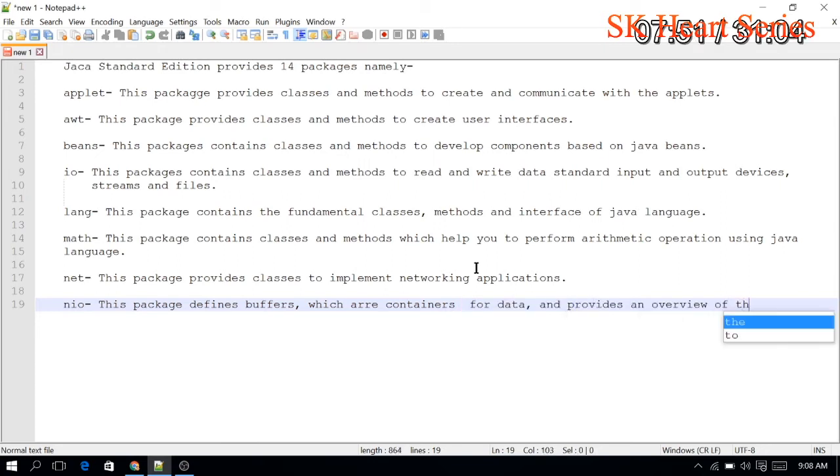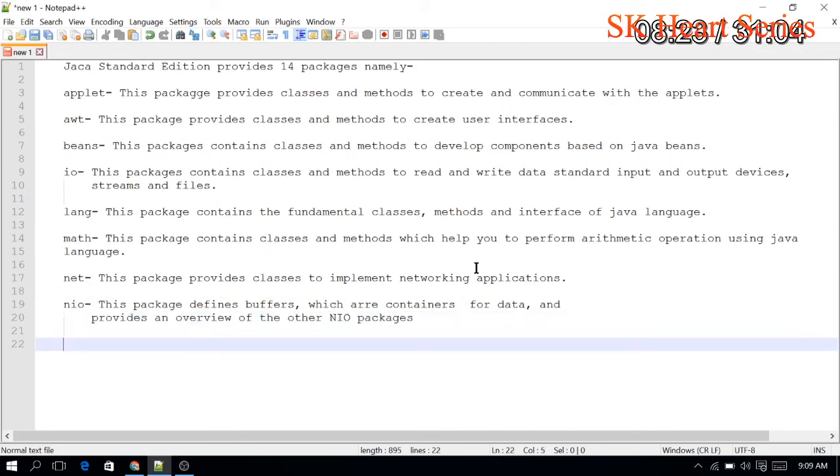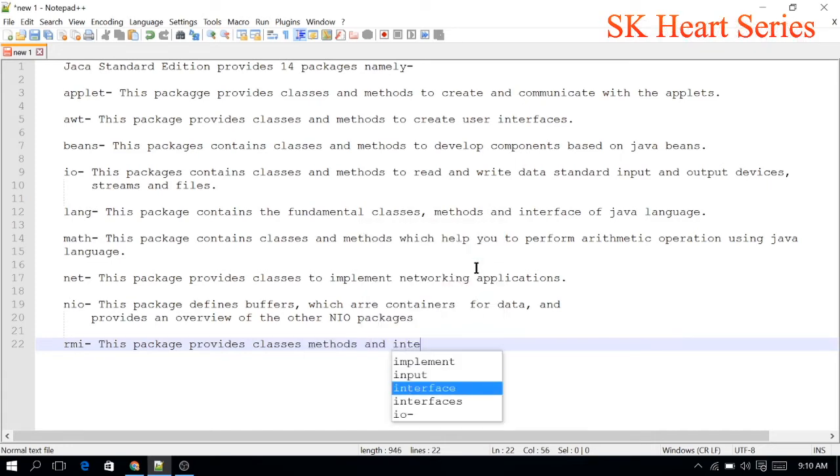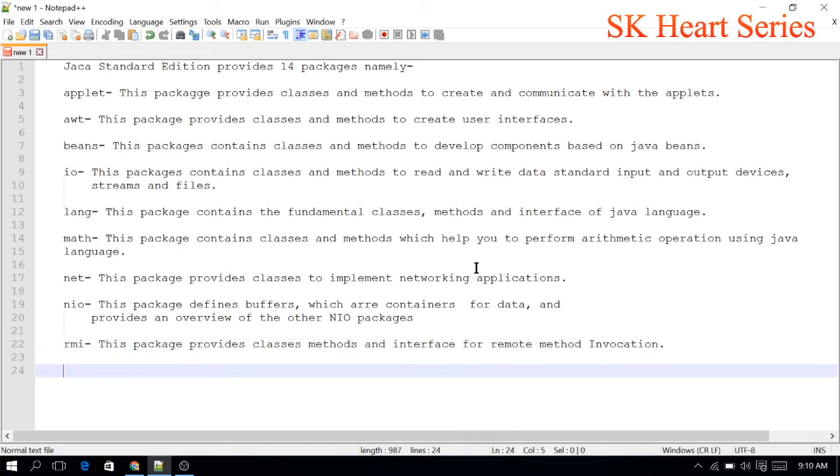Then the next package is RMI. This package provides classes, methods and interfaces for remote method invocation.